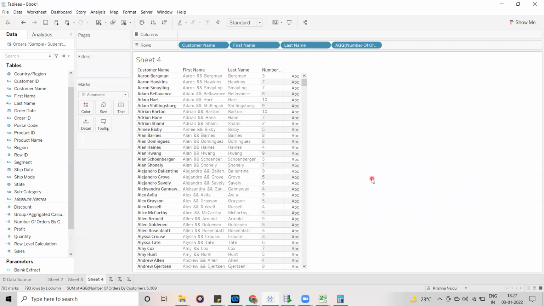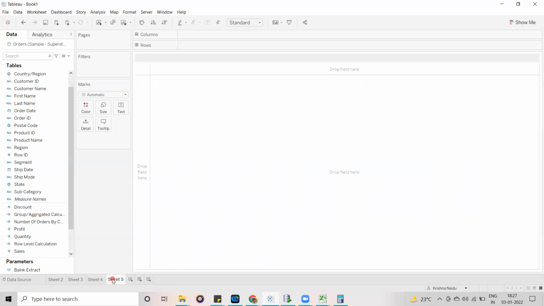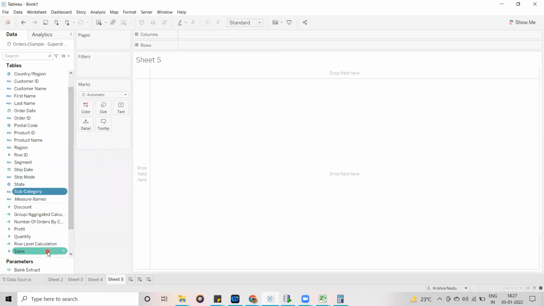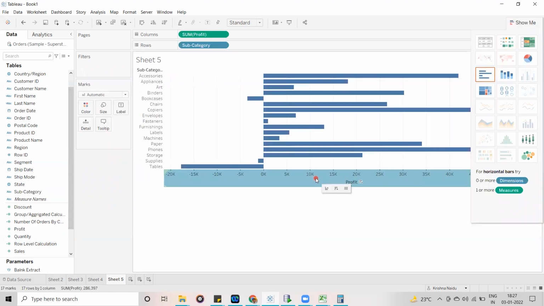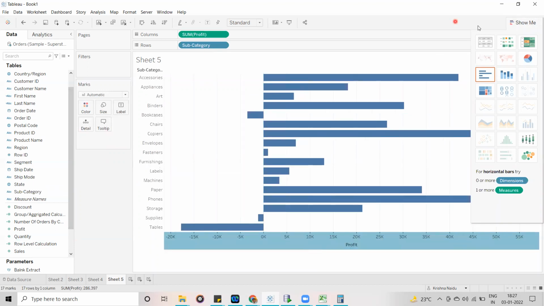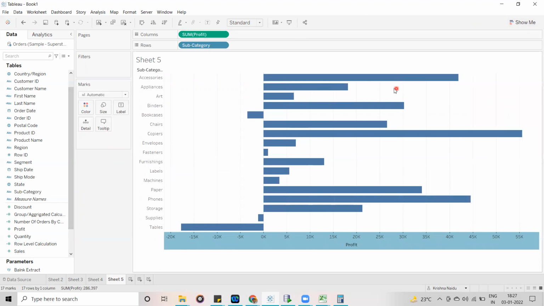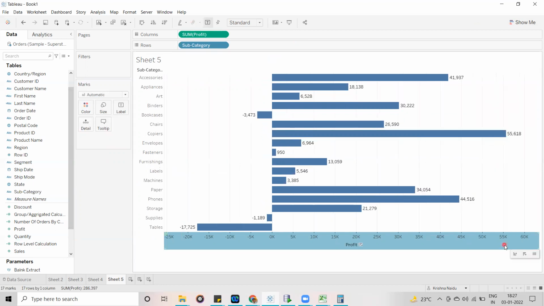First of all, level of detail. Means, guys, for example, let's see, I have one visualization. Let's assume I am displaying subcategory and profit, just one bar graph. Now my visualization is in which granularity? Subcategory wise data, my visualization is displaying the data, correct? Am I correct?